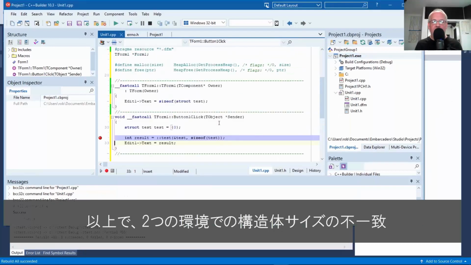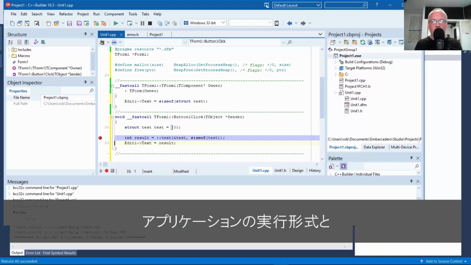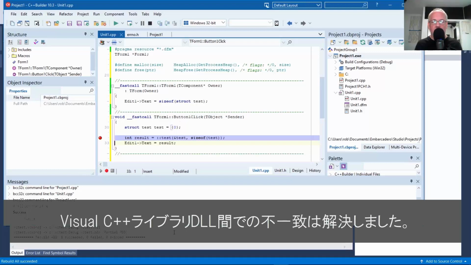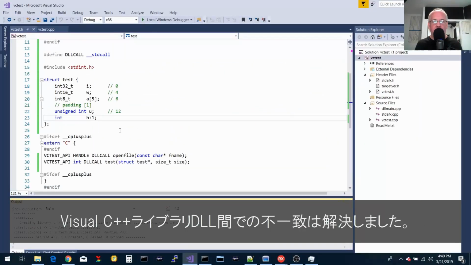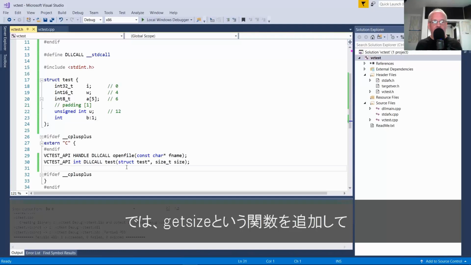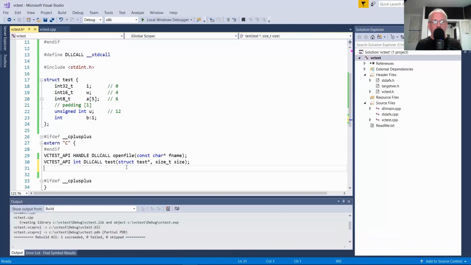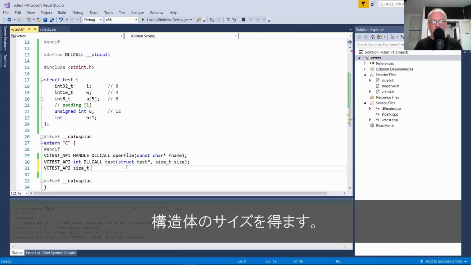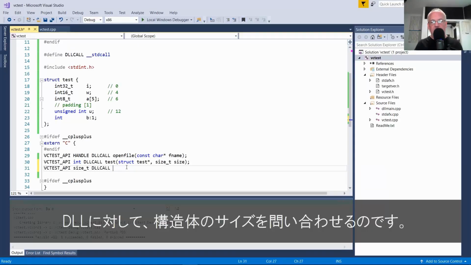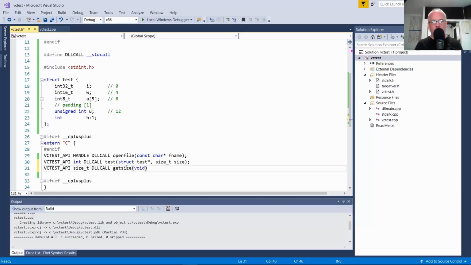Okay, so now that we have a clear structure size mismatch issue between the two entities, the application executable and the Visual C++ library DLL, I'm going to add a function to get the size of the structure. So we're basically querying the DLL saying, what is your idea of the size of the structure?